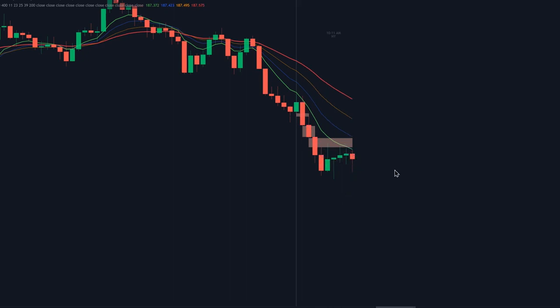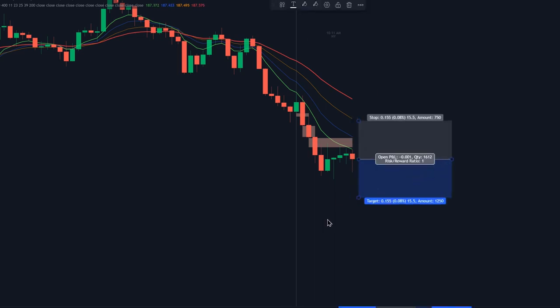Now, the last condition is to confirm that the price is in a bearish trend at the time our entry candle is printed. For that, we just make sure that on this last candle, these EMAs are aligned in such a way that the red one is at the top, followed by the orange one, and then the blue one, and at the bottom should be the green EMA. This indicates a bearish trend. All our entry conditions are actually met on this candle, so we're gonna enter a short position. We're gonna set our stop loss right above the fair value gap, and for the take profit, we're gonna go with 1.5 times the risk, letting the trade run